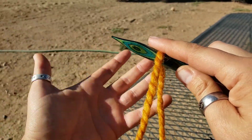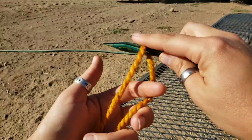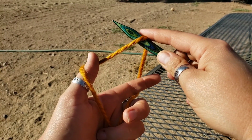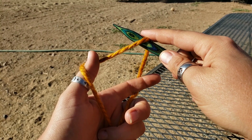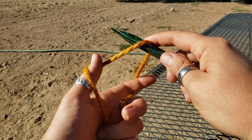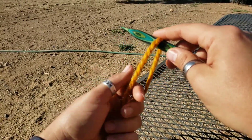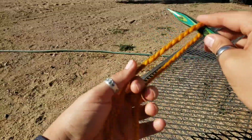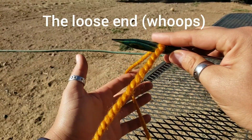Okay. So, crocheters, let's see if I can make this make sense for you. Okay, so for long tail cast on, which I happen to think is one of the easier ones, it's the most consistent. The edge always looks beautiful. This is my preferred cast on for 90% of my projects. So I have the working end facing me. I have the yarn ball over the back of the needle, and